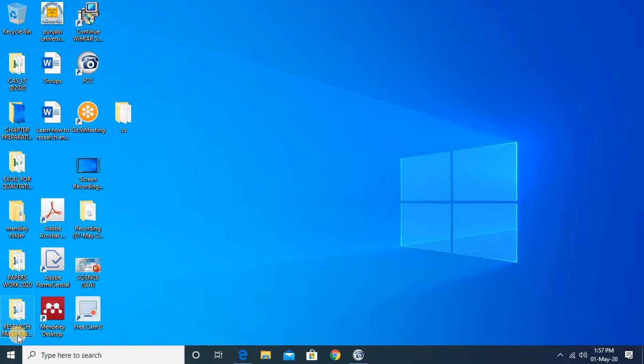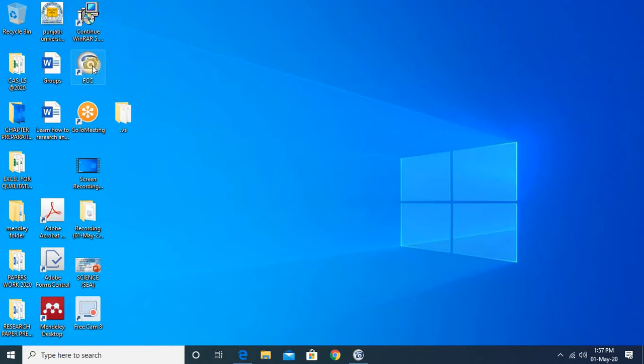One is your name and second is email ID. And after putting these two things, your free conference call is installed and this type of icon appears on your desktop screen.